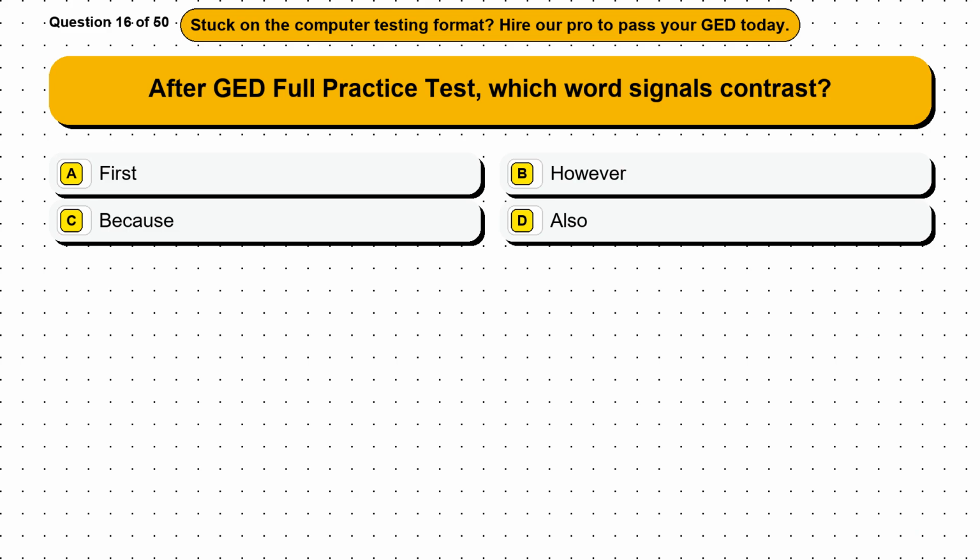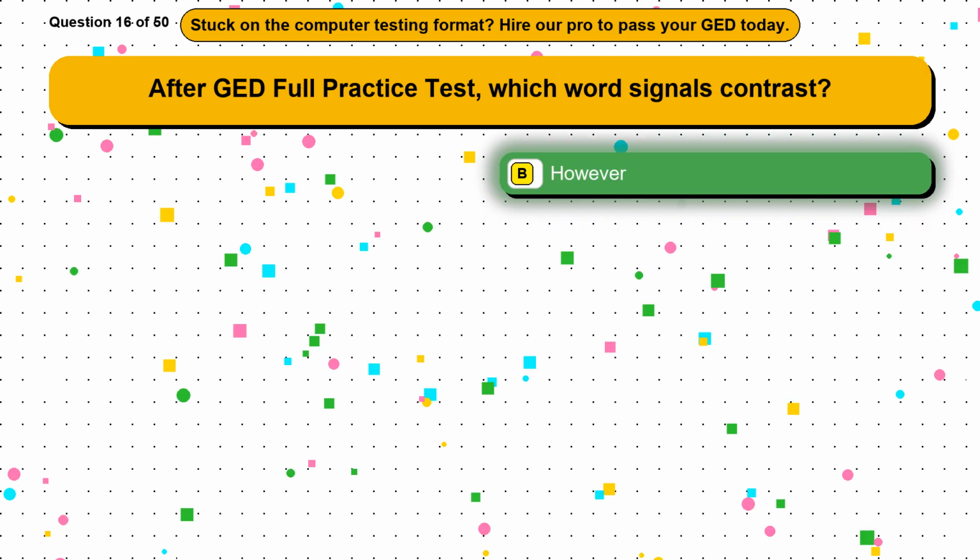Question 16. After GED Full Practice Test, which word signals contrast? Option A. First. Option B. However. Option C. Because. Option D. Also. The correct answer is option B. However